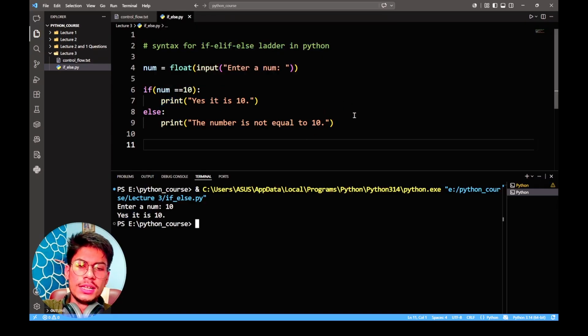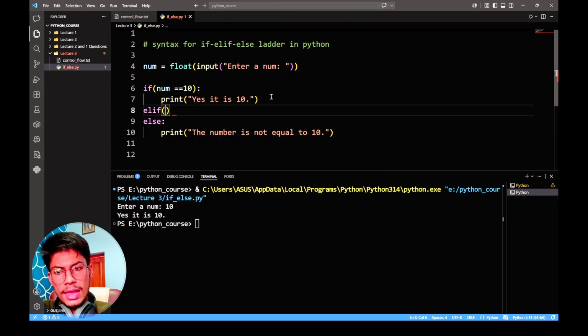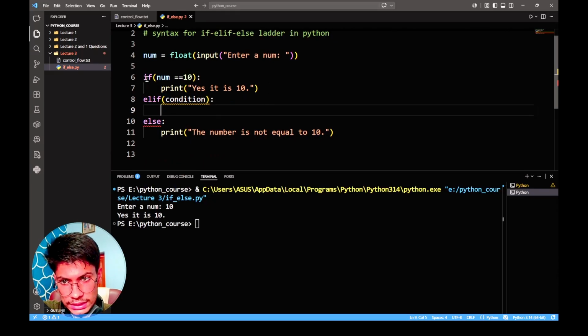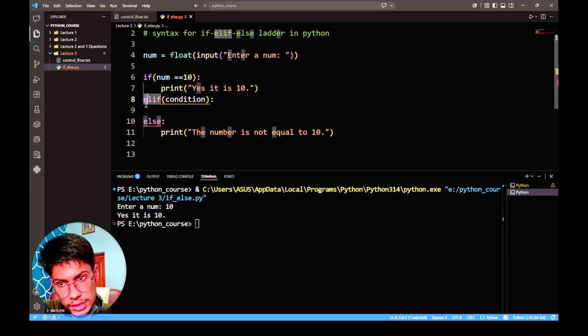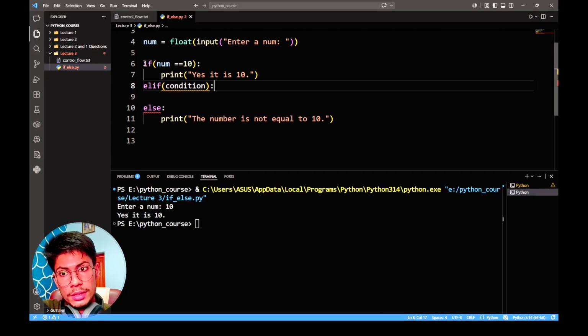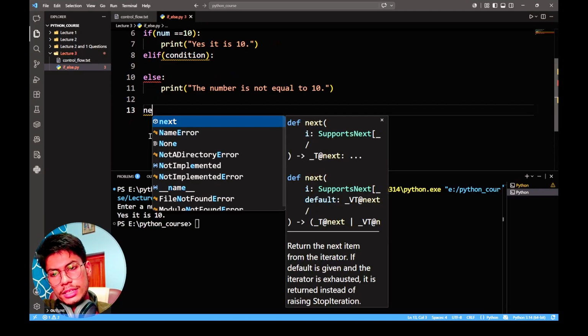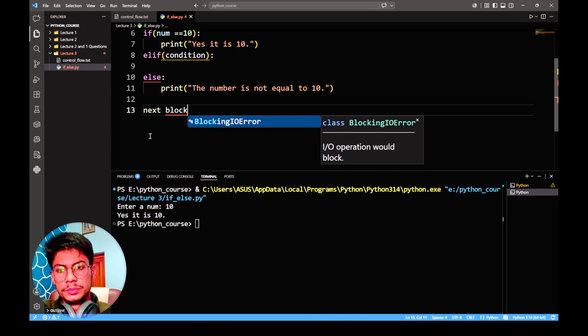One more thing that I want to tell is that in an if elif else ladder, if this statement becomes true, then the rest of the code in the if elif else ladder doesn't matter to the interpreter. The interpreter will actually exit this block of code and will then execute the next block of code in Python. What I want to say is